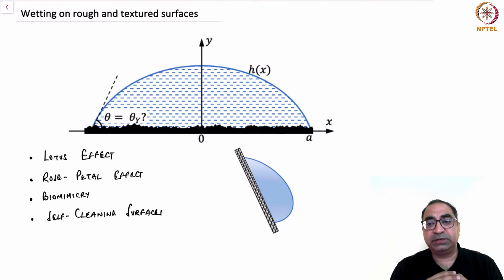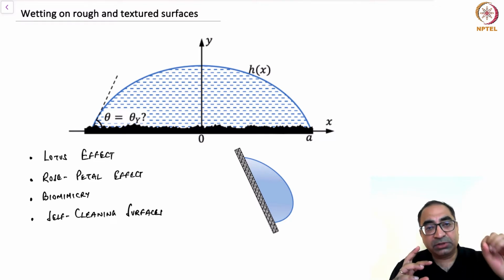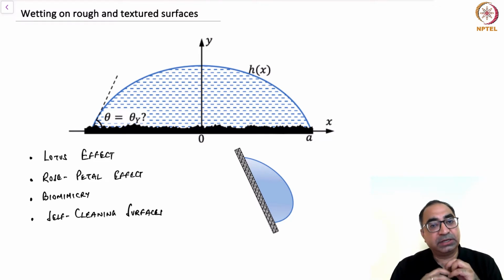Now, in a lotus leaf, as all of you may know, you'll find these lotus leaves typically in muddy water, dirty water, but still the surface of the lotus leaf tends to be very clean. That's because if any tiny water droplet is formed on the surface of the leaf, then it quickly rolls off and the leaf remains dry. And in the process, when it rolls off, it also takes away all the dirt and the dust that is